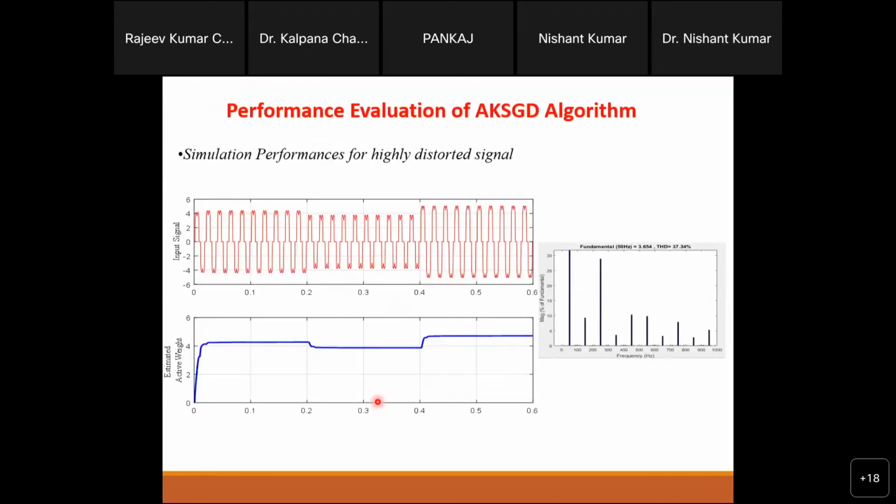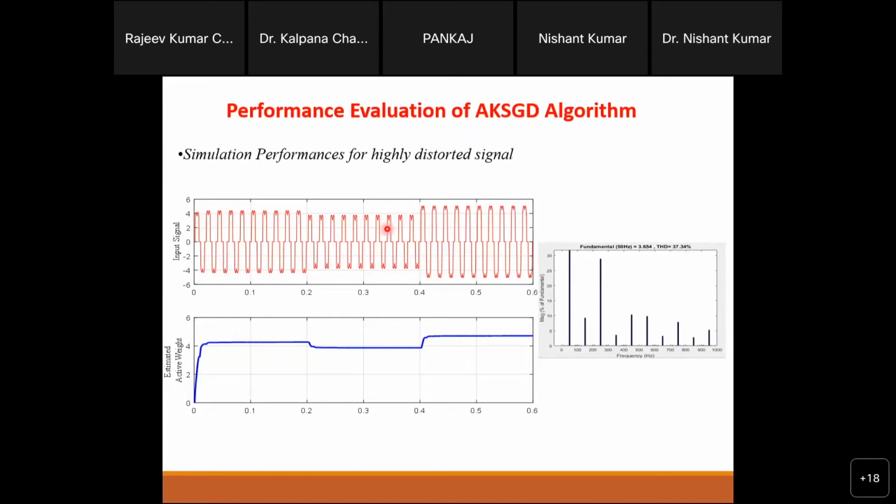And after that, what is the performance? This is actually a filter, right? This filter is for fundamental component extraction, right? So here the capability of this filter has to be tested on this signal. Suppose this is the signal, and the signal has 37.34% THD, right? So in this nonlinear current, I have applied this ANOVA kernel trick, and I got these results. So through this you can see how perfectly it has extracted the fundamental component of that.